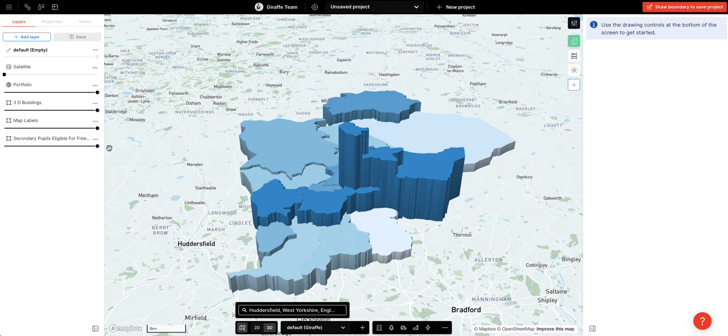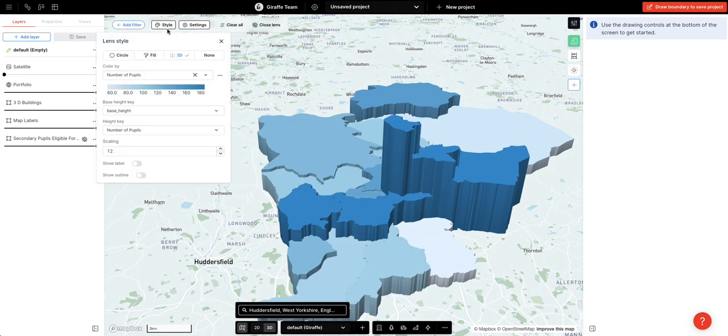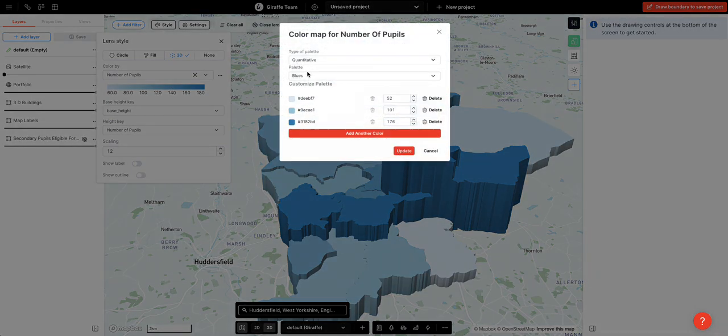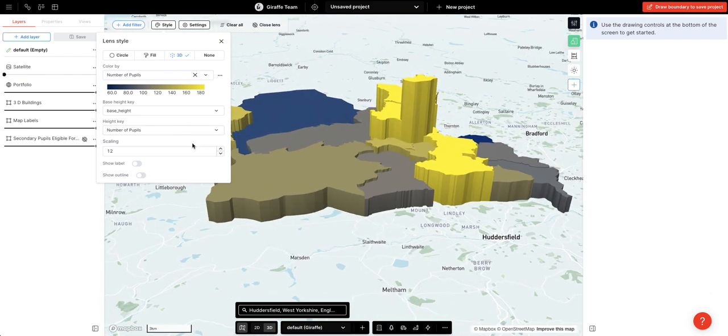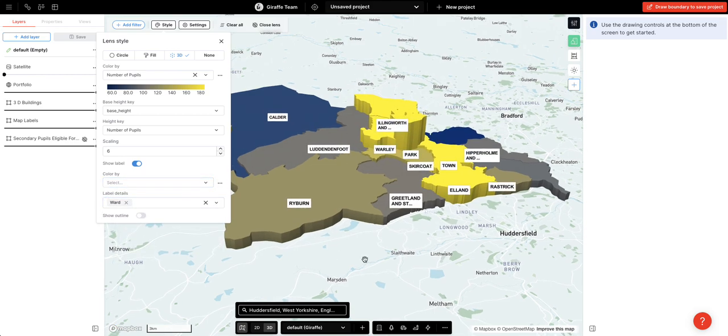What's even cooler is that your users who may be interested in this can say, actually, this styling is not really good for me. They can open the lens control, and at a project level, as in without overriding the organization data, they can say, I hate the blues, I want the greens, and I don't need it that big, and maybe we'll show a label and we'll label this by ward, right? And they can style and manipulate the presentation of this data at a project level for their needs, which means that you can add more and more data, right? You don't need to limit yourself to four